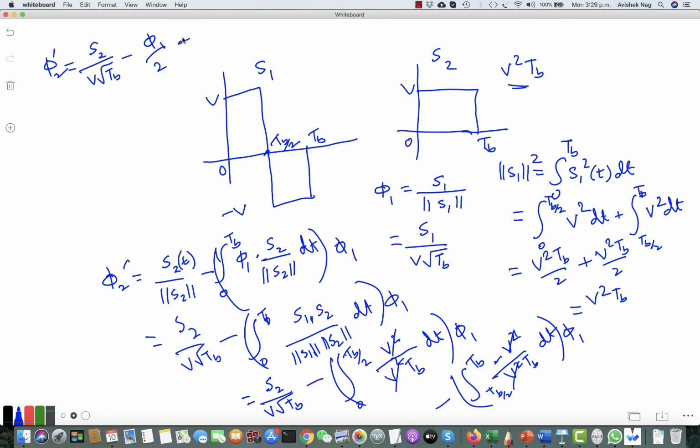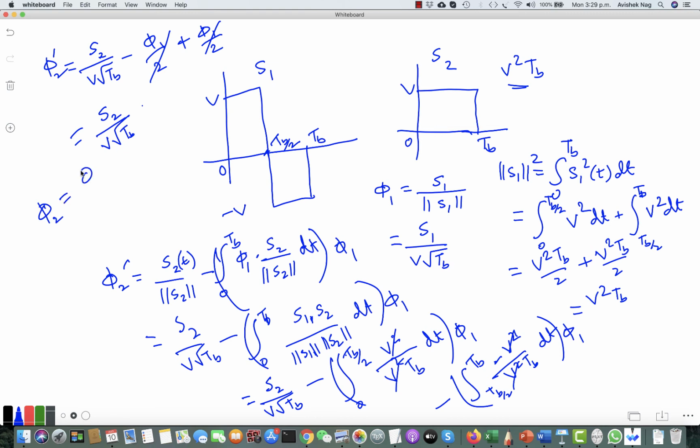So this is basically plus phi 1 by 2. So these two terms cancel. So we have basically phi 2 dash as S2 divided by v root TB, and we can get phi 2